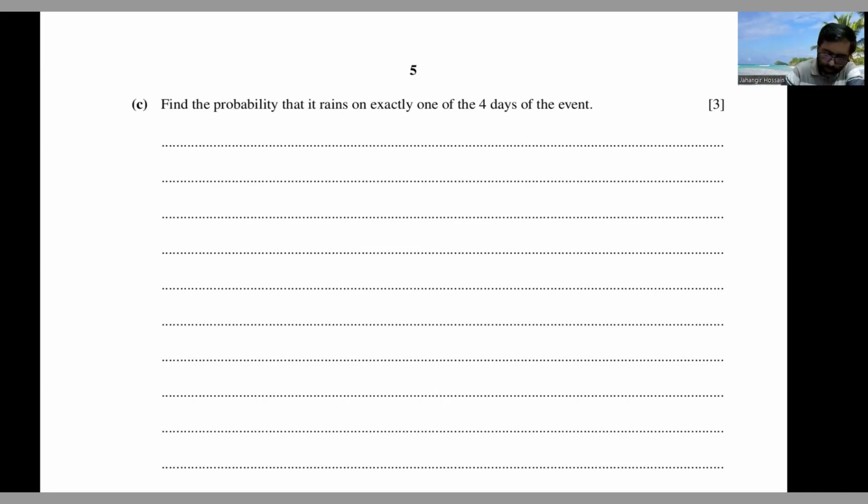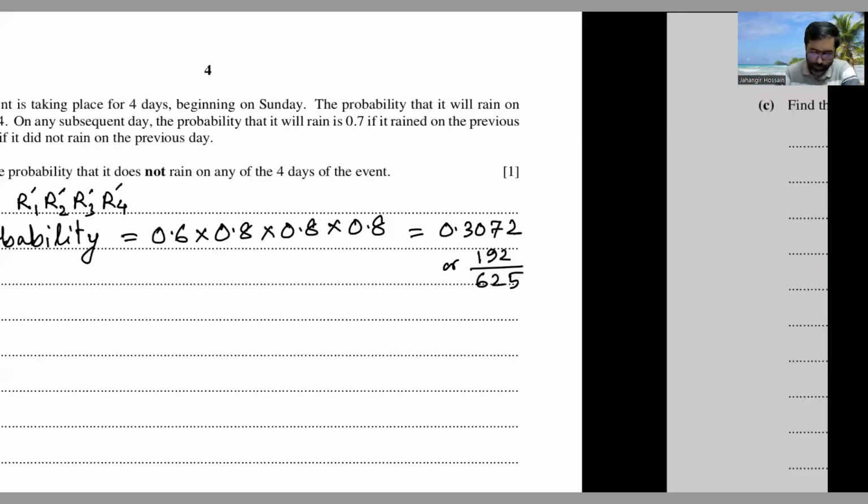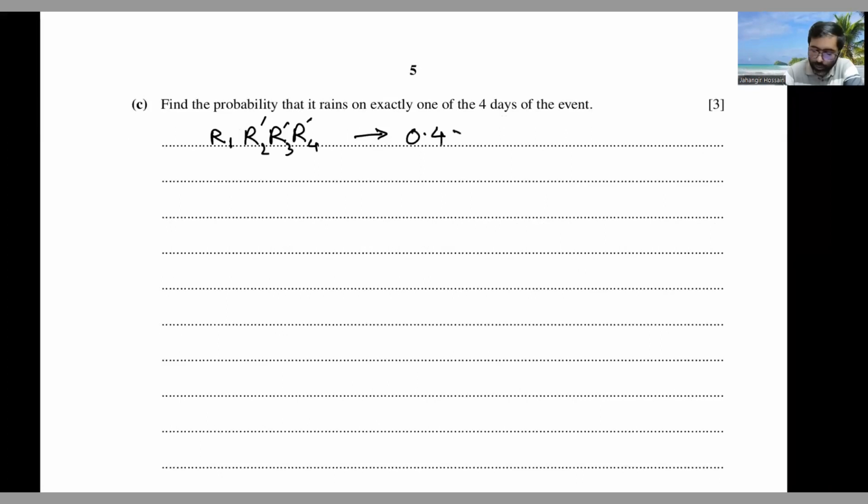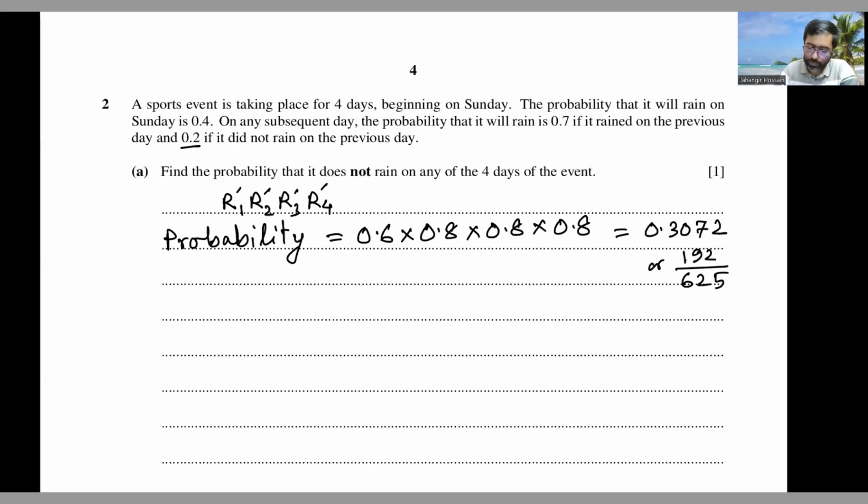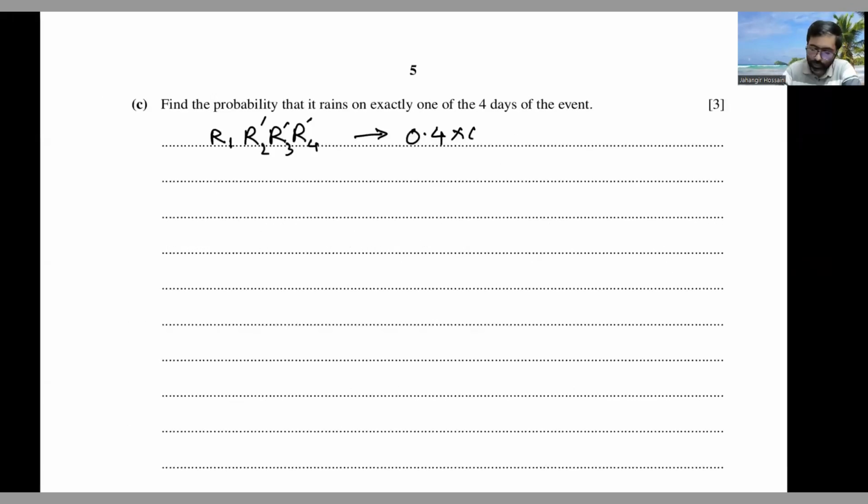So let's say it rains on Sunday. So rain on the first day, not rain on the next 3 days. That's the first possibility. And the second one, here the probability will be, how much is the probability of rain on Sunday? That's 0.4, isn't it? Yes, it is. And it rained on Sunday, probability of rain on the next day is 0.7, so not rain is 0.3. It did not rain on Monday, the probability of not rain on Tuesday is 0.8